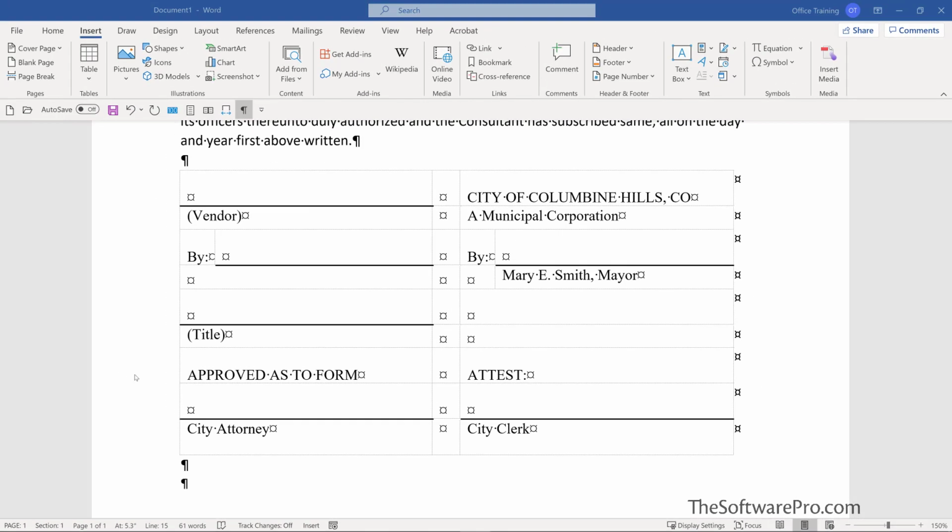Another way to add an auto text entry is to once again type the shorthand like contract sig, and this time I'll press the F3 function key. This will work whether or not my auto text entries have been saved to the normal template or the building blocks template. Even though the formatted text was part of the auto text entry, sometimes we will have to modify or fix some of the formatting depending upon what the normal style is within a new or alternate document.